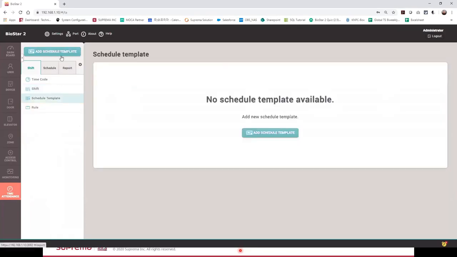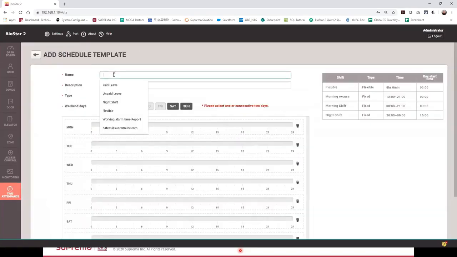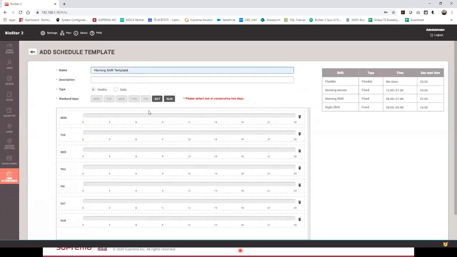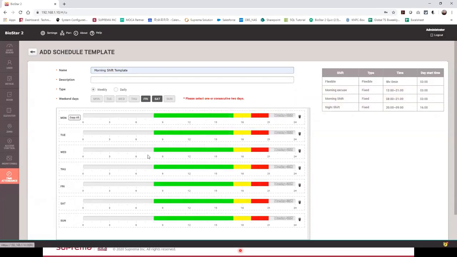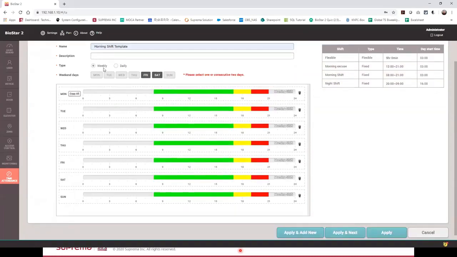Schedule template, add schedule template. I will name this the morning shift template. Let me reduce the size a little bit so it can be seen. So Saturday and Sunday are off, or maybe it is Friday and Saturday that are off. So I have the morning shift every day except Friday and Saturday. There it is. So this is my everyday